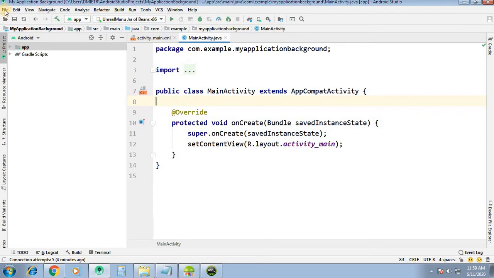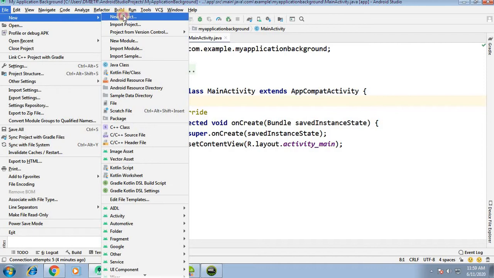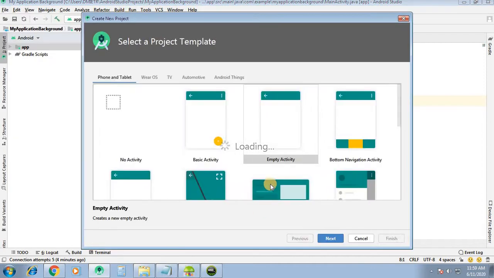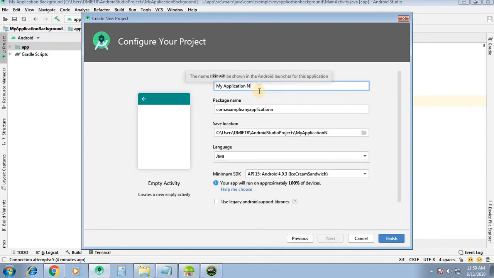Go to File, New Project, select the Empty Activity, click on Next. Here my application name is new background.